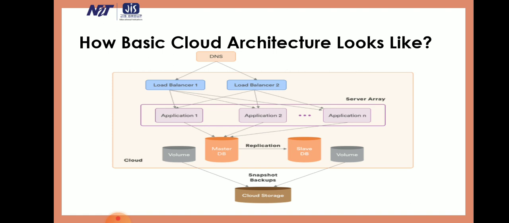Benefits are improved availability, as the application is rehosted in multiple cloud platforms, and avoiding vendor lock-in.